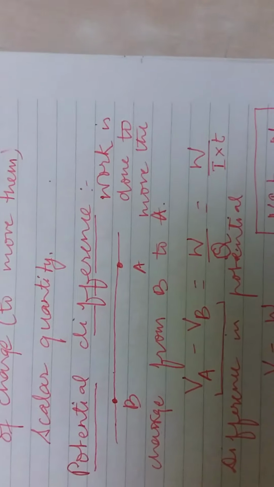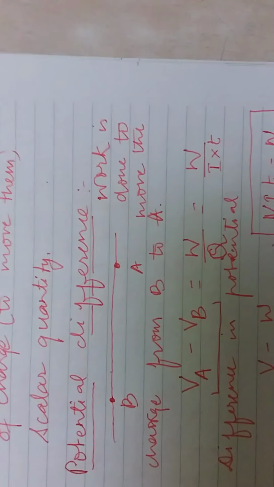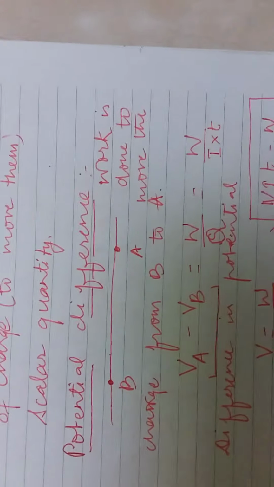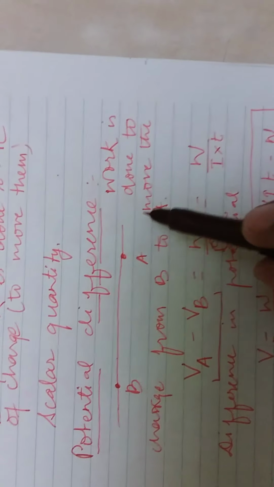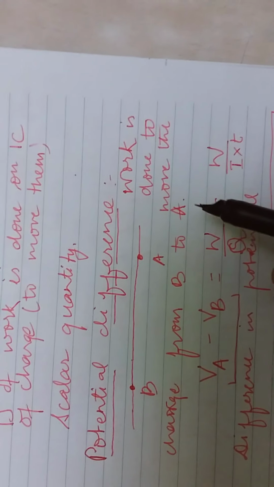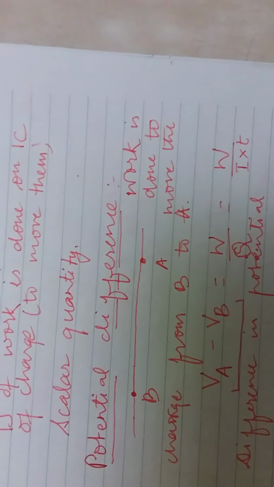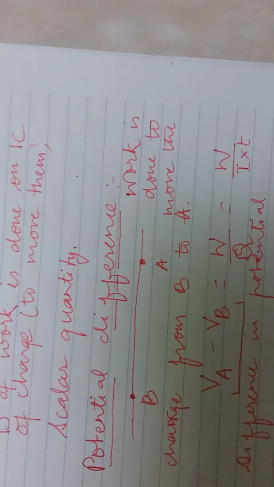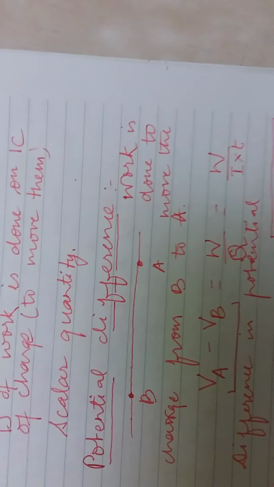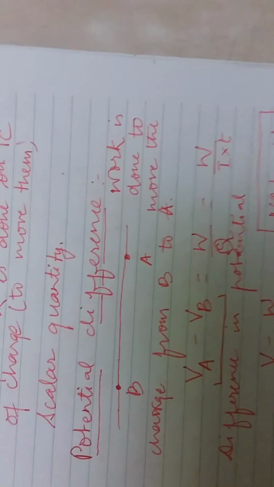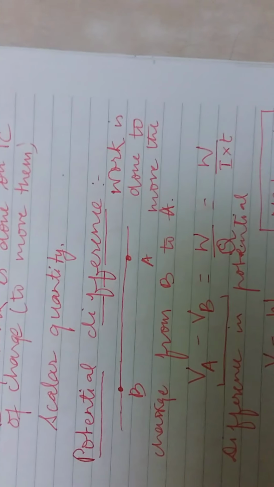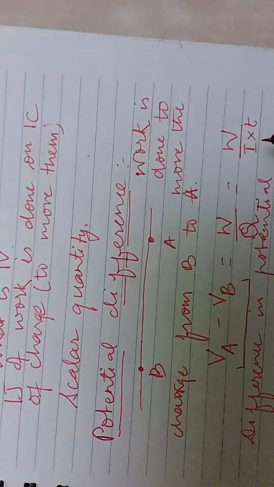So after electric potential, let's come to potential difference. See, in this diagram shown, there is a conducting wire and there are 2 points B and A. So we need to do some work, right? For what? For achieving what? To move the charge from B to A. So this generates a difference in electric potential at both the points, and their equivalent is work done upon the charge, same as V is equal to W upon Q.